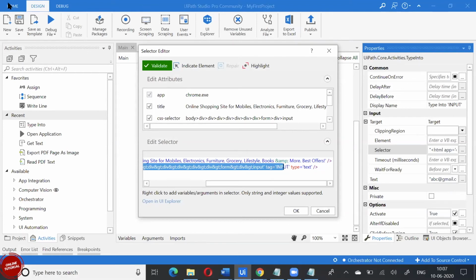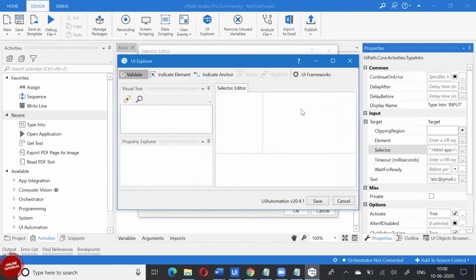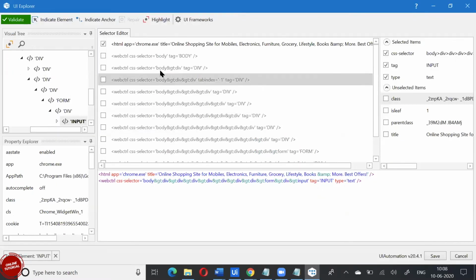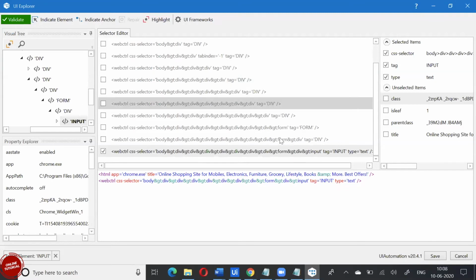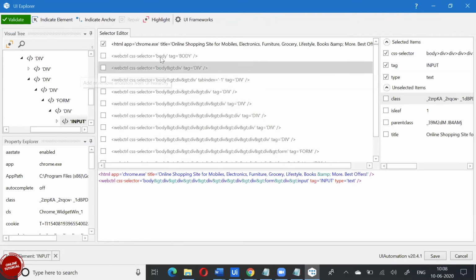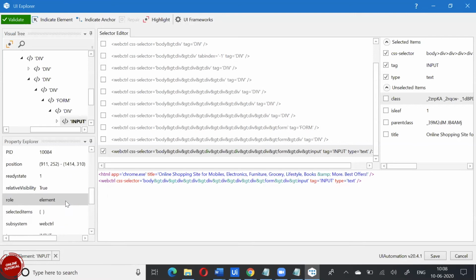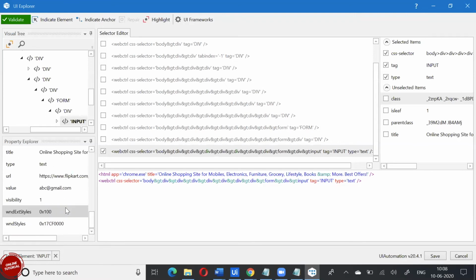We came across UI Explorer here, right? If I open UI Explorer, for us it is really not needed, but it is for the system to track. It has every piece of information on your page, at what location you have that input parameter, everything is given. From where your Chrome is launching, that also it has the information. So you don't have to think about it.